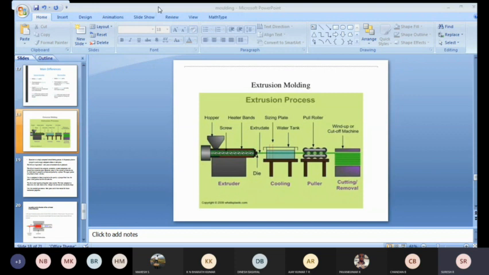So extrusion is basically a simple compressive metal forming process. In this case, we use compressive force to shape the material. In this process, a piston or plunger is used to apply the compressive force to the workpiece. First, the billet or ingot. Ingot means the raw material is called the ingot. So it is the heated raw material. First the billet or ingot is produced. This billet is heated in hot extrusion, or remains at room temperature, and is placed inside the extrusion press. I'm going to show it with the help of the diagram.